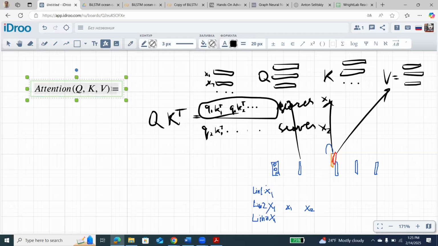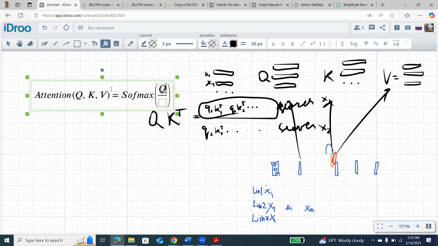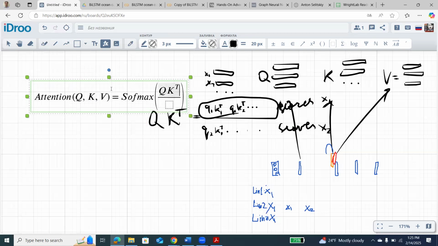So we take softmax of this Q times K transposed. Also, in the original paper they normalize by the square root of the embedding dimension. And you remember we did this also on week 2, when we created an embedding for the sentence,